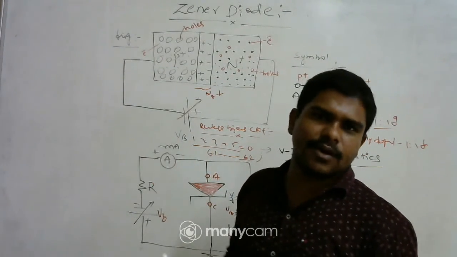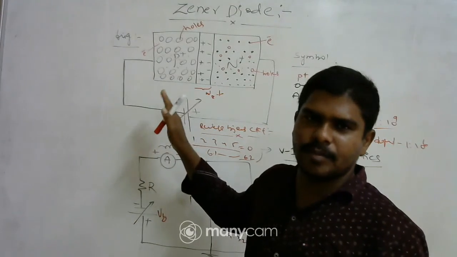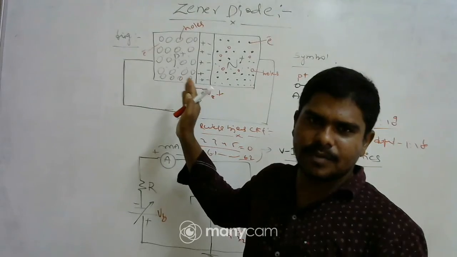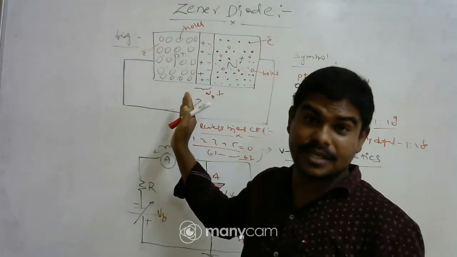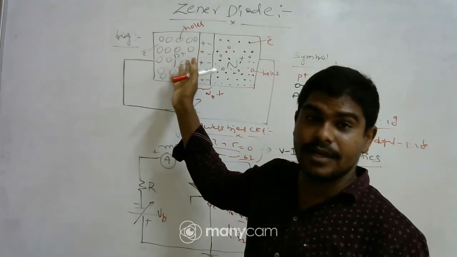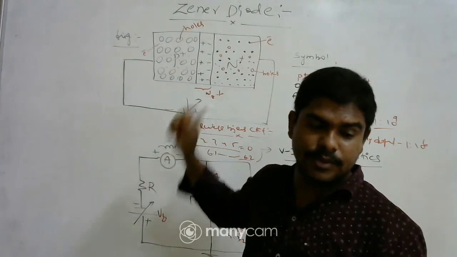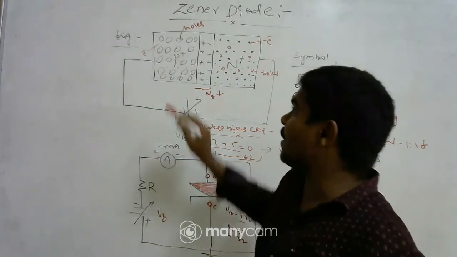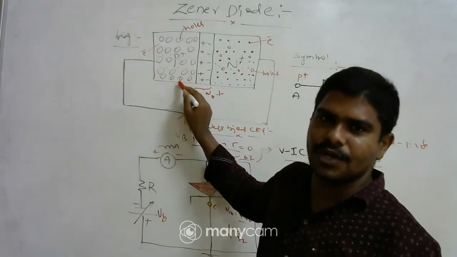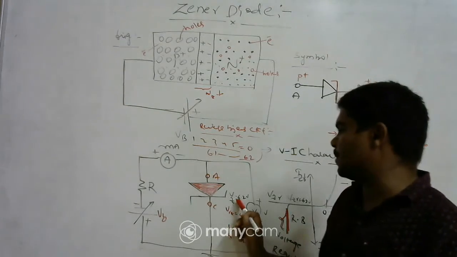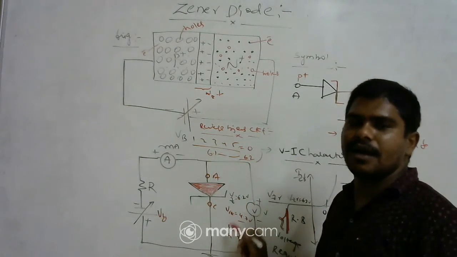In Zener breakdown, this process cannot happen. The avalanche breakdown process cannot occur in a Zener diode, because the diode is heavily doped. So here, when it reaches a certain rating voltage, it may be 6.2 volts or